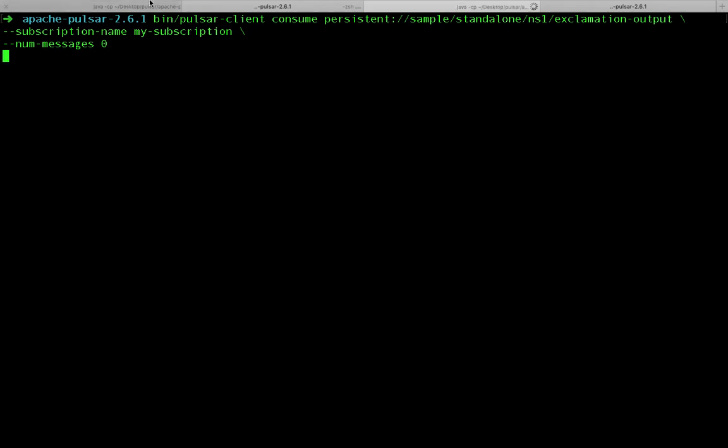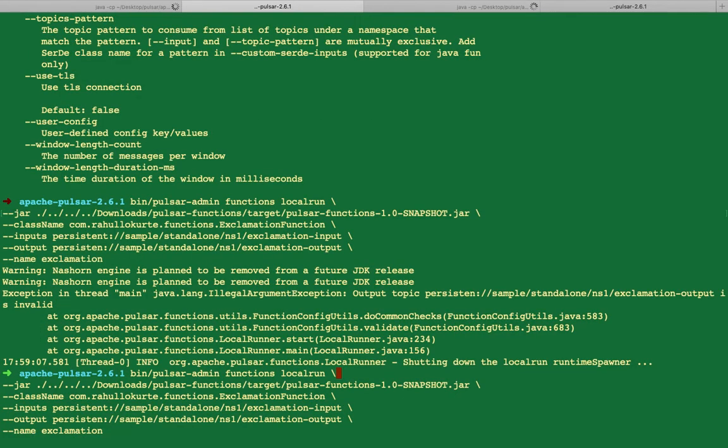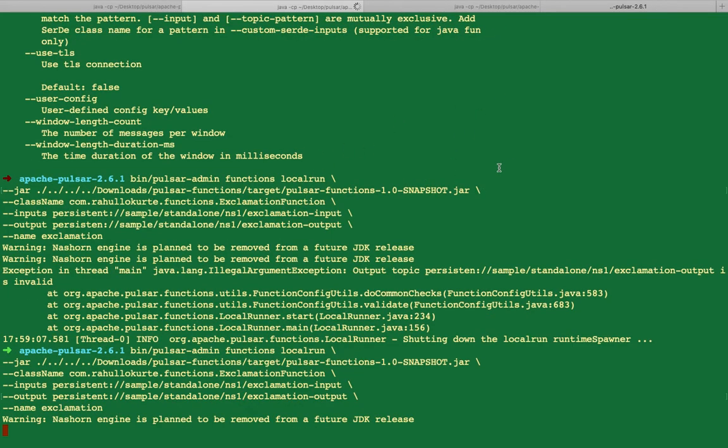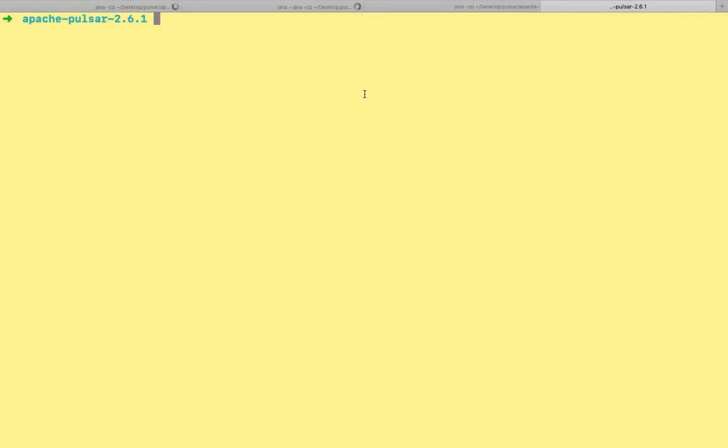So this will start a consumer. Let us see whether the function has been created or not. It says we have missed the persistent spelling here. So where is that? Okay, this is this one, persistent. Okay, now I think it will create. Let us wait, and I think we can start the producer also here, so that we can produce the message.